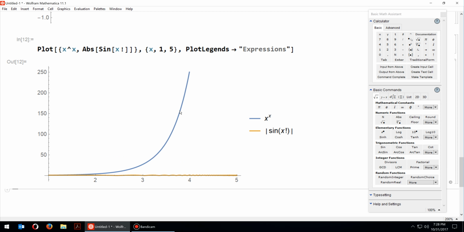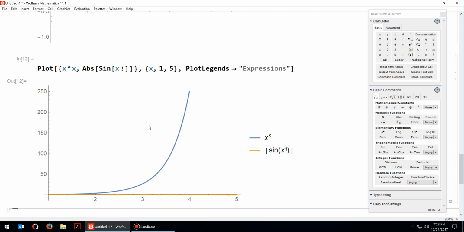Okay, so here what happens? We have two functions. We see one of them, x to the x, increases very rapidly. On the other hand, the other function almost looks like a constant. So if you would like to see the variation in both functions, then we should use something else. We should use